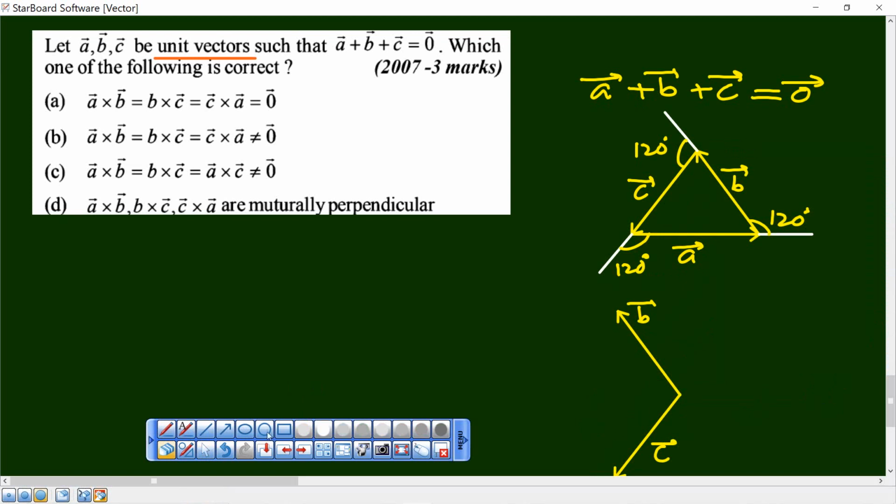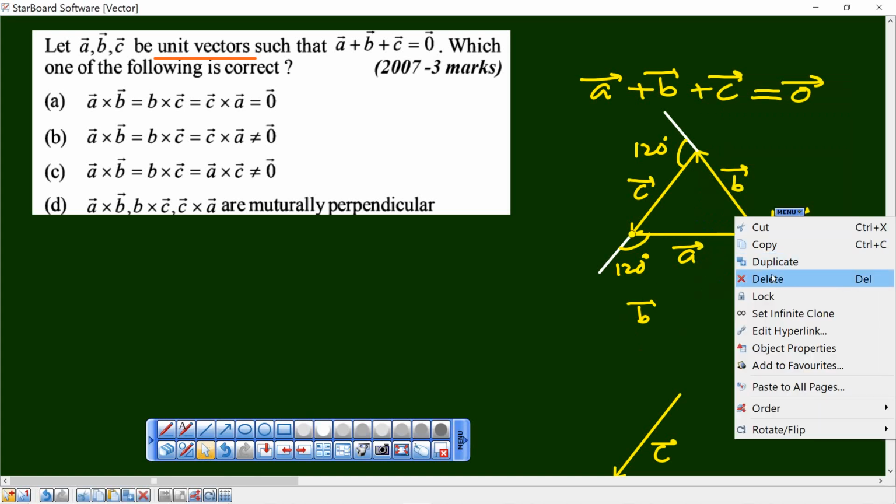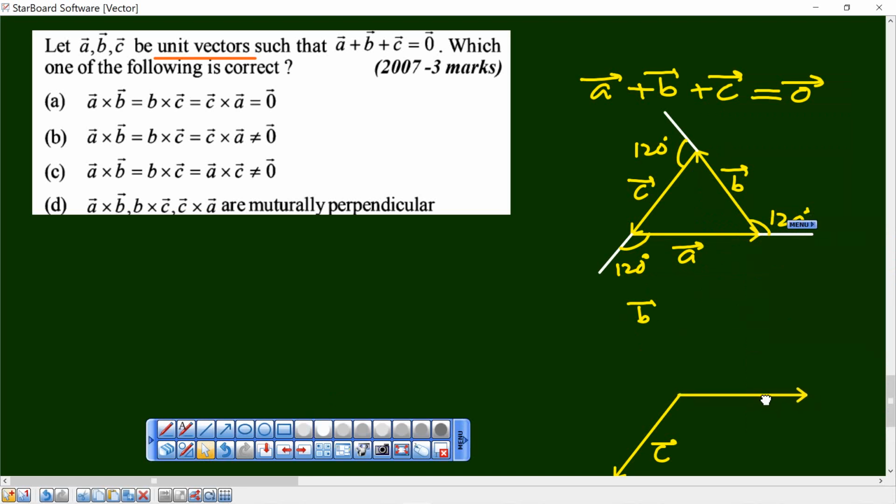Okay. Now, I get rid of B and bring my A. Okay. What is C cross A? Electric pole or tube well? Tube well. Electric pole. How can it be tube well, beta? C cross A. Curl your fingers from C to A, and see whether it is coming out or going down.